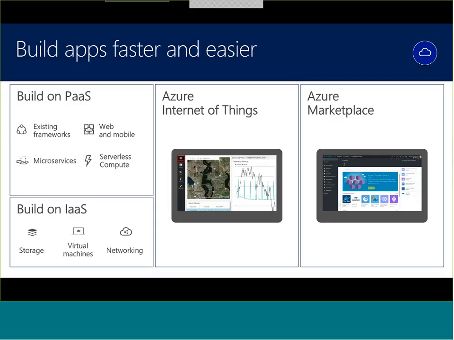And then, as I talked about a little while ago, Azure Internet of Things has those pre-configured solutions today. And then in the near future, they're going to be adding some additional pre-configured solutions to that. So that's ever expanding. And then within the Azure Marketplace, you can go in and see what various Microsoft partners have done and incorporate those solutions into your